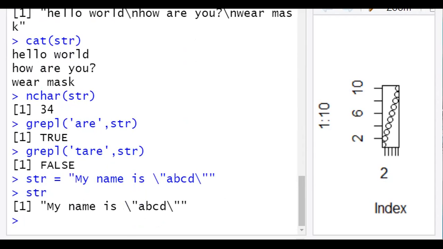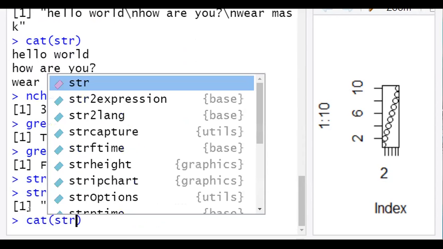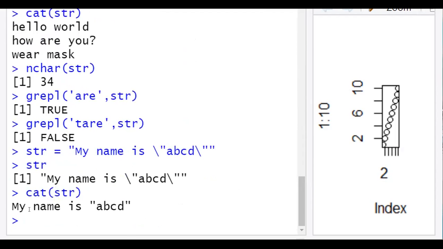If we don't want the escapes, we will just use cat. Using cat, the escaping characters are eliminated.